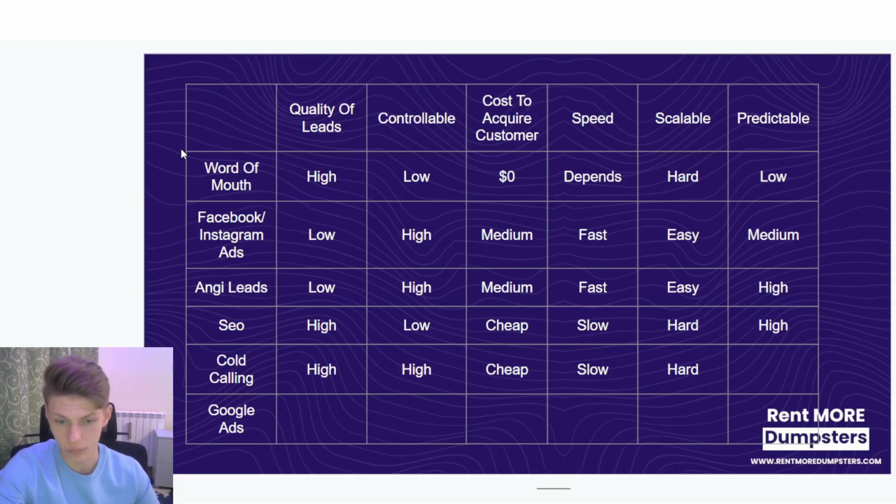If you don't have time to do more phone calls, you need to hire another person, and it's hard to hire good salespersons who know what they're doing. So when it comes to scaling cold calling, the sales department there, it's pretty hard. But if you want to grow, it's kind of worth it. And how predictable is it? It's pretty predictable. It really all depends on how many phone calls you do. If you're doing the right amount of phone calls, you're going to get